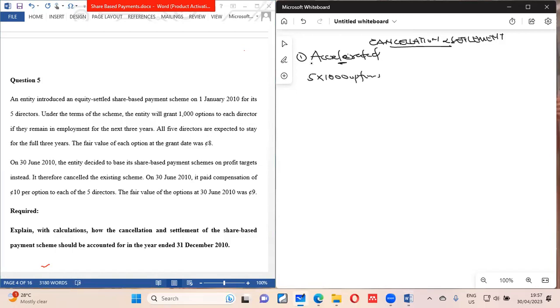Please, who can tell me the fair value to use? 8 cedis. All right, so that is that. So by 8 cedis, we are not going to do any 1 over this, 2 over this, because it happened in the first year now. So we said that accelerate the vesting. Wherever you are, accelerate the vesting. So you are going to accelerate the vesting because the share option has been cancelled. This means that all the expenses that were not charged to the P&L must now be recognized as at the end of the year quickly. All right, we have to recognize all those things.